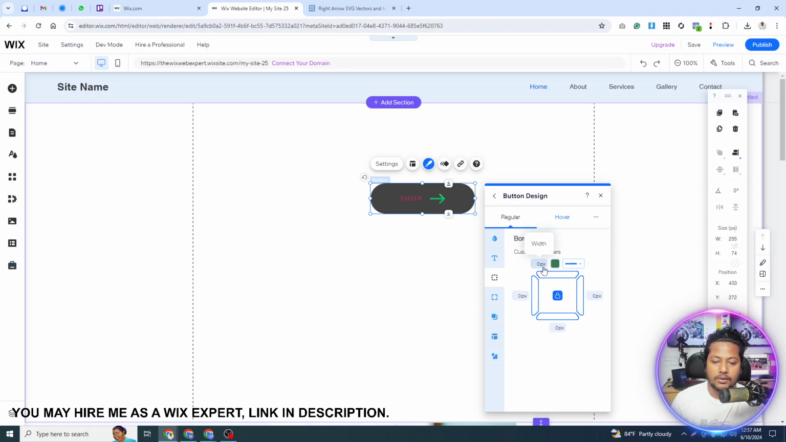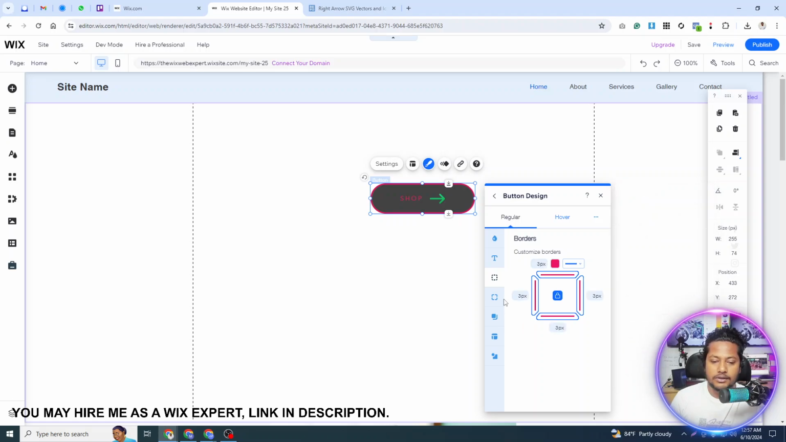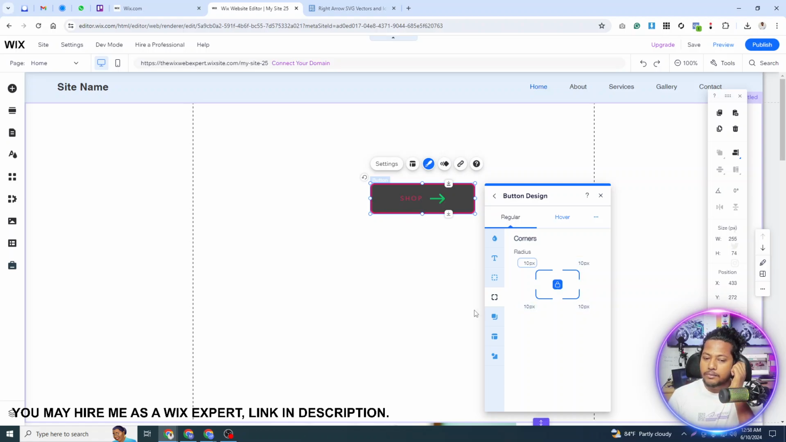We can put a border on it, like a 3 pixel border, and to see it perfectly I am giving another color here. And here is the corner. We can put the corner at 10 pixels, and then the button will look like that. We can put the shadow here as well. Okay, and we can set the padding and the icon size. Okay, and here is the color as well,